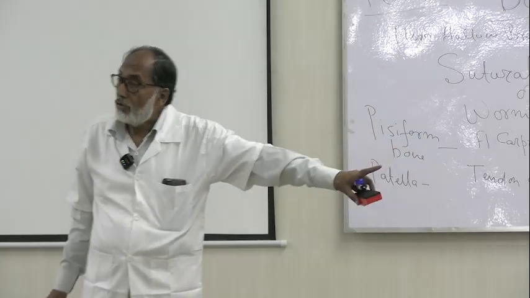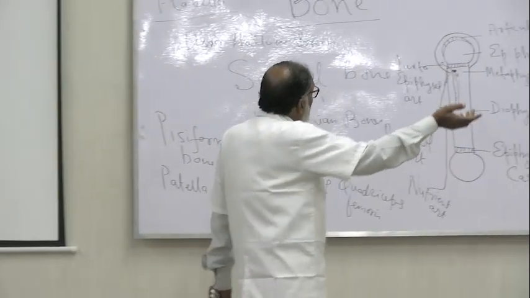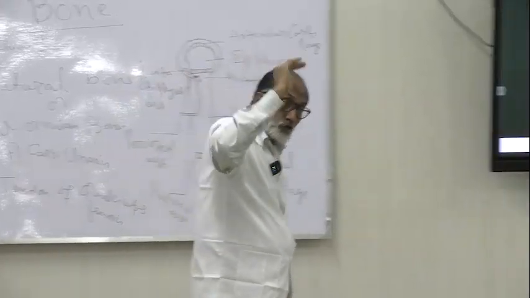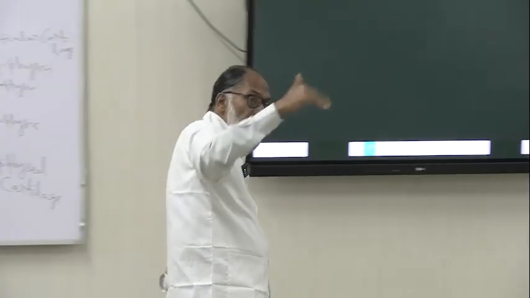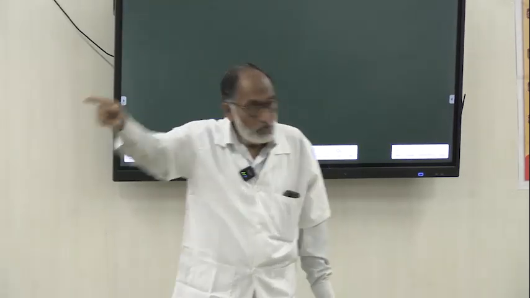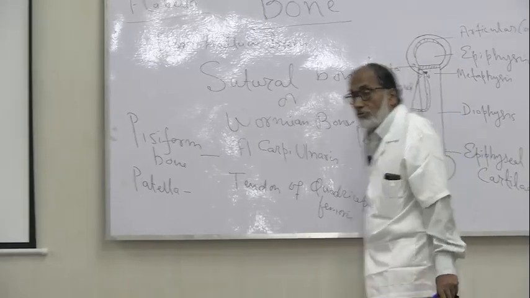is present. যখন বোনসের গ্রোথ কমপ্লিট হয়ে যাবে, when the growth will be completed, this epiphyseal cartilage will be converted into bone. আর যতক্ষণ থাকবে, as long as it will persist, the bone will grow at that end. তাহলে আমি ওই এন্ডটাকে বলবো যেখানে প্রেজেন্ট থাকবে, সেইটাকে বলবো দ্য গ্রোয়িং এন্ড।